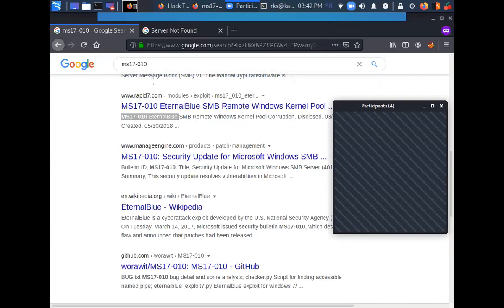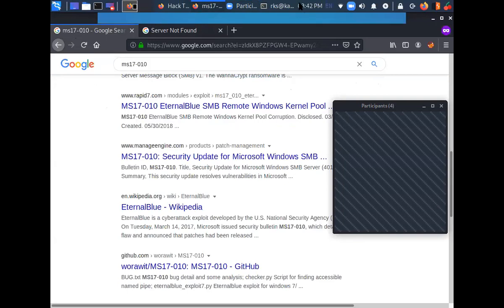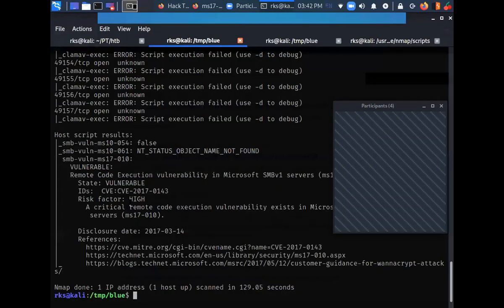So now what we are going to do is use the Metasploit framework for automated exploitation of this vulnerability, that is Eternal Blue. Let's look into it. The name of this machine itself was giving us a hint about the vulnerability, right? The name of the machine is Blue, and the vulnerability that we are going to exploit is Eternal Blue.